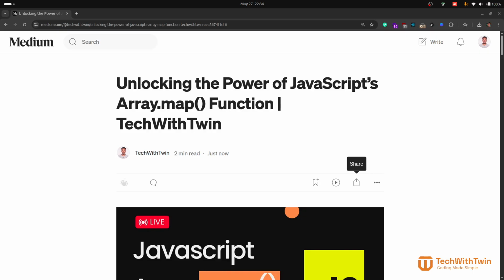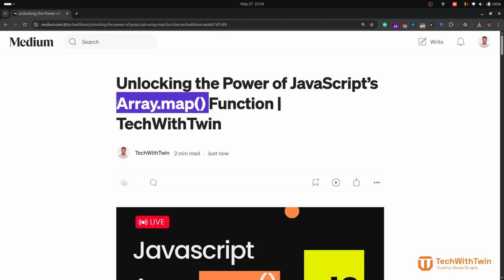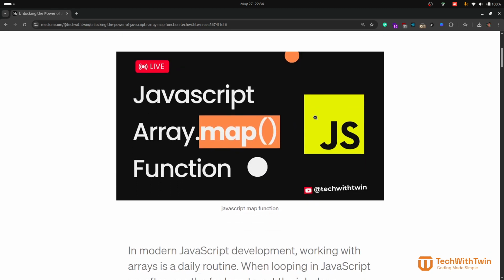So in today's tutorial, I'm going to show you how to use the array.map function in JavaScript. This function is normally used a lot by React because of its declarative nature. So we're going to check out what the declarative nature of it is. But first, we need to understand what problem it solves and how to use it. So to get started,